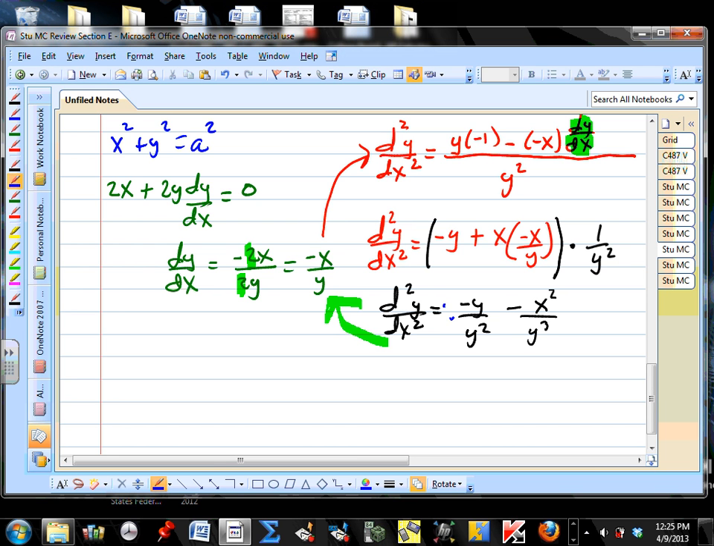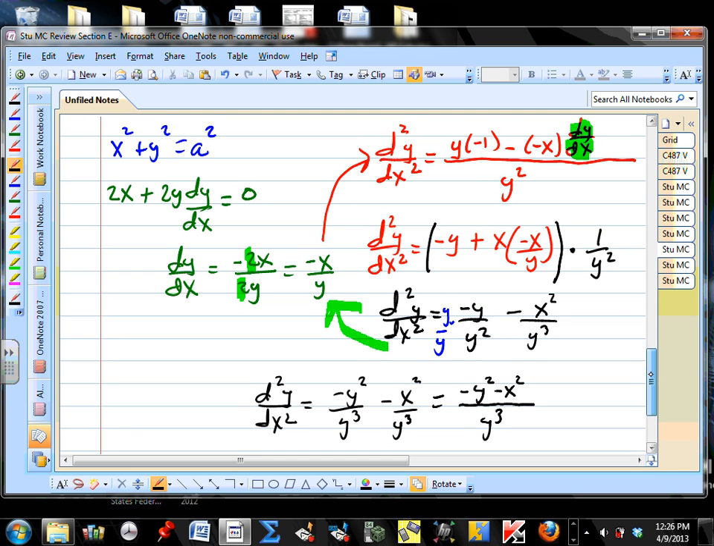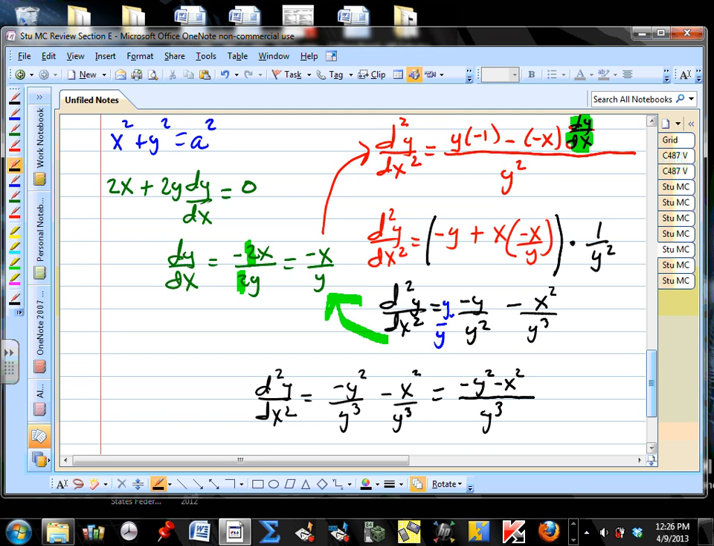Let's multiply this first fraction by y over y, because multiplying by y over y is really multiplying by 1. Multiplying by 1 won't change any values. We're just going to make our answer look different, have a different form. So we're going to get the opposite of y squared over y cubed minus x squared over y cubed. And we have a common denominator, so we can put this together in one fraction. The opposite of y squared minus x squared over y cubed. Now if you look, this still doesn't match any of the answers, and this is where the